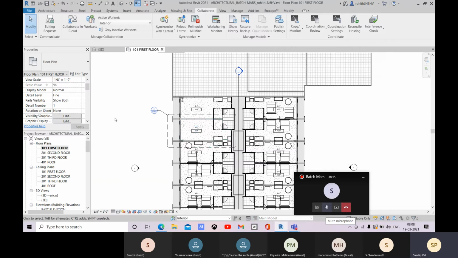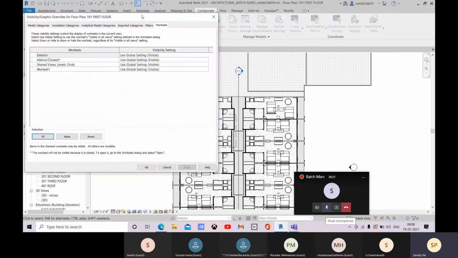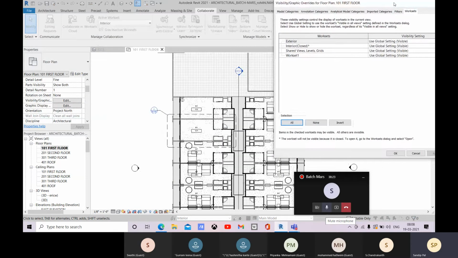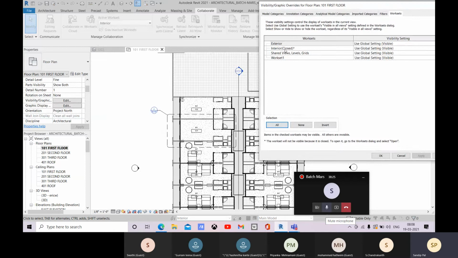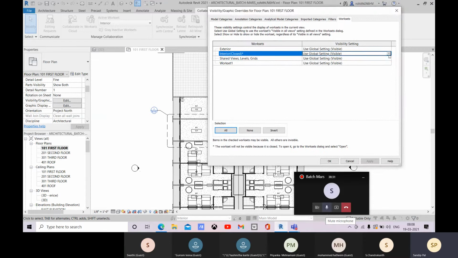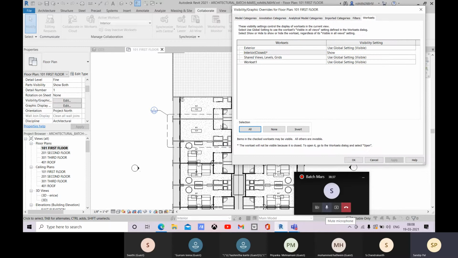If you do that, not opened, so in this visibility graphics option, you cannot override. Here you see that interior is closed. If you try to change this, like show, and go for apply, nothing is there, so that is closed.